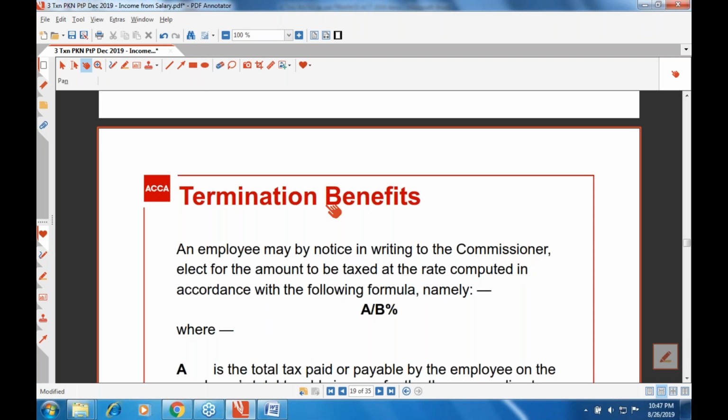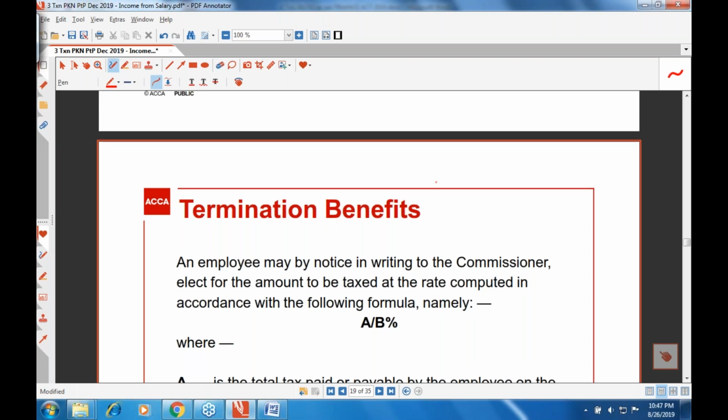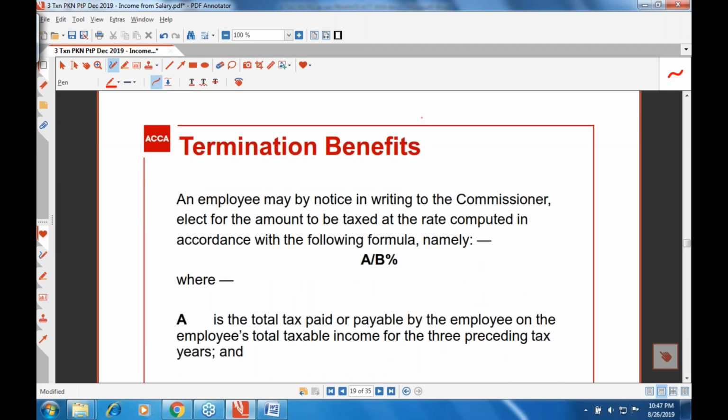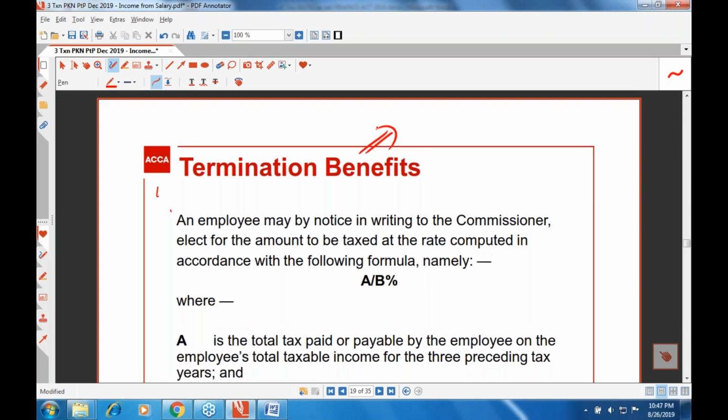So if your service is terminated, even if it's voluntarily, you get a certain amount on the completion or the end of the employment. I'm repeating it again. You get a certain amount on the completion of the employment. That's what happens. Now, if you get a certain amount on the termination of the employment, then what happens is that